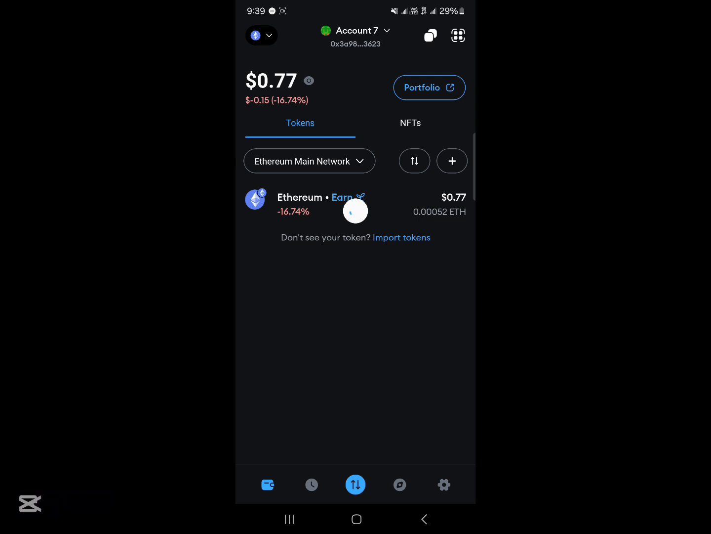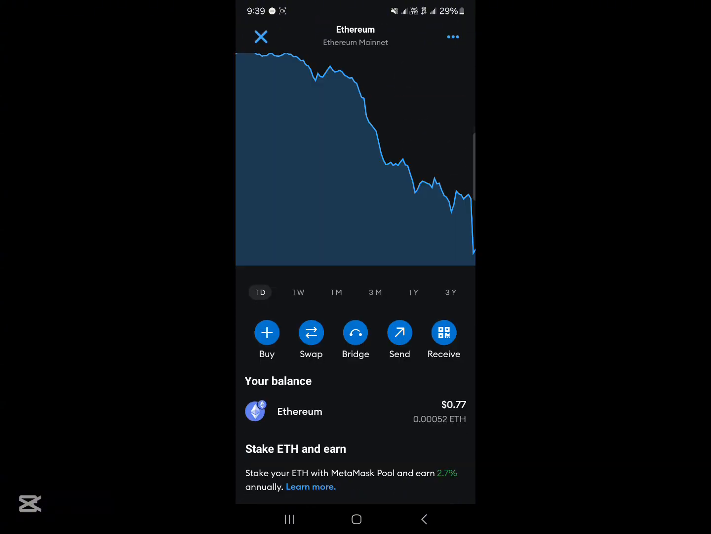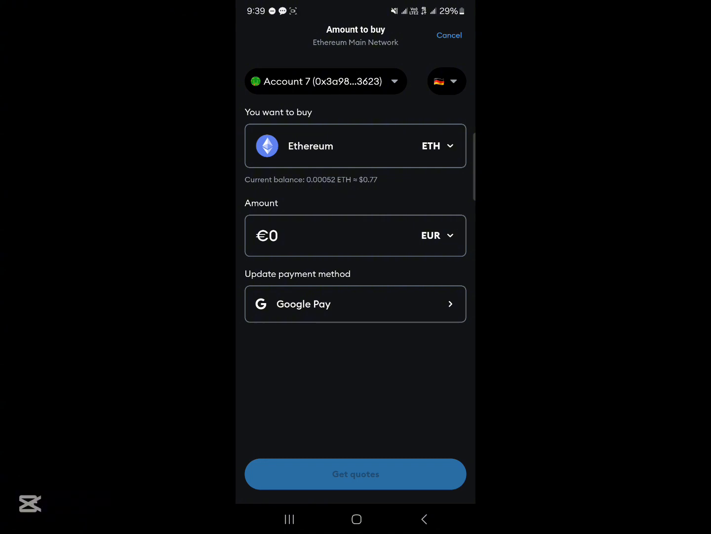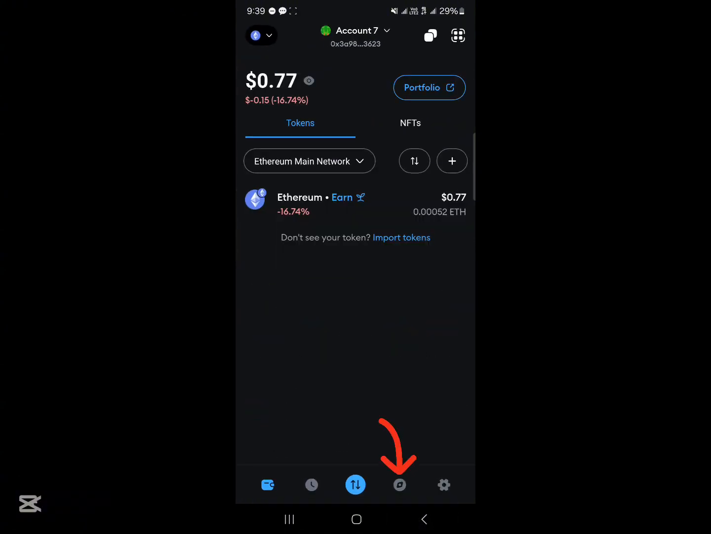If you do not, simply click on Ethereum and select the buy option to simply buy some Ethereum. So click on the buy option here and then simply enter your credit card or your debit card details in order to purchase some Ethereum for this transaction. All right, so once you've gotten yourself some Ethereum, your next step would be to head over to the browser